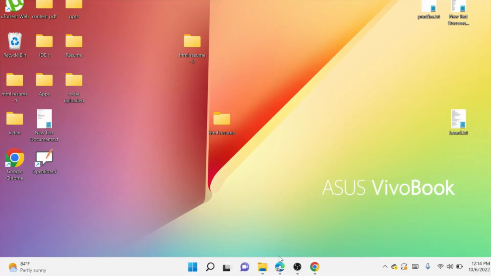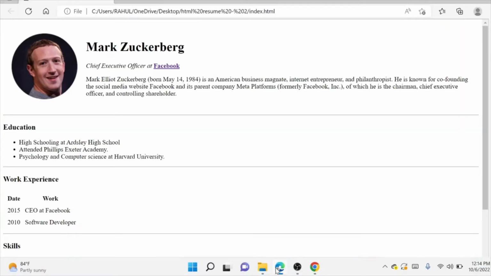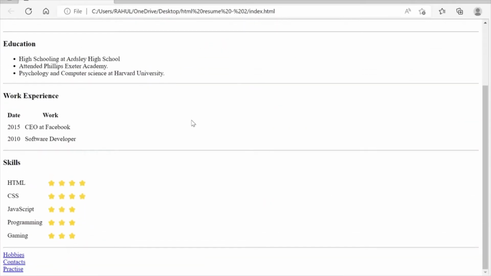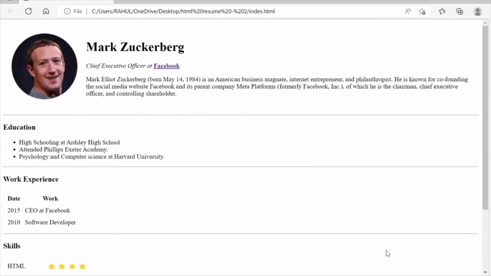So basically let's see what we are going to develop. So this is something which we are going to develop. This is a portfolio website or a resume website, you can say. So we are going to see everything in detail, how to basically develop this kind of site and how we can even host it, right? So we will even look at how to host this site on the internet, so that if we have the link, we can share that link with anyone, and that person can also visit our site. So we will see everything in detail.